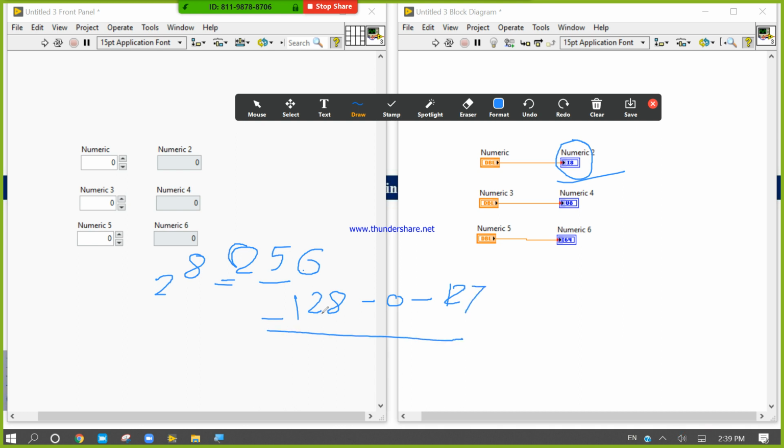The range is 256. Within 2 minutes the class will be over. For this one, 2 to the power 8, it is only 0 to 255. And this one you need to calculate.